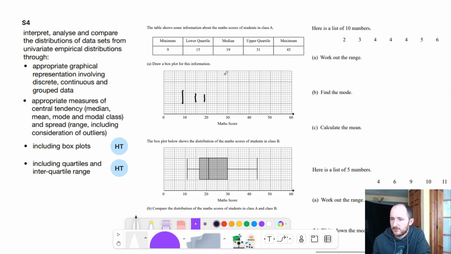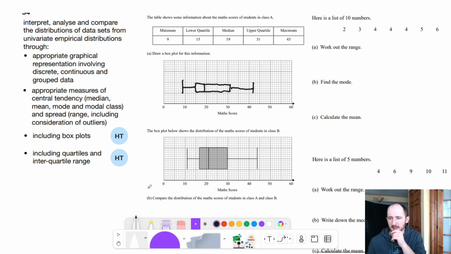Again, using a ruler and a pencil would be way easier for this, but what can I say? There you go, that's my fantastic